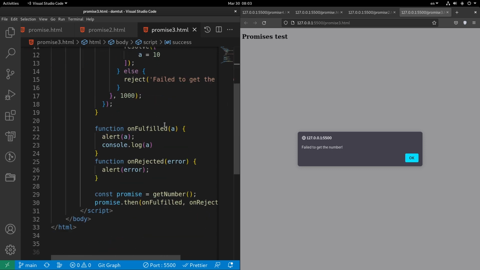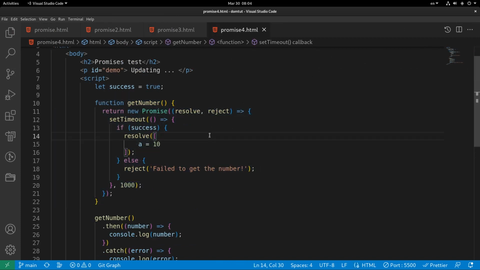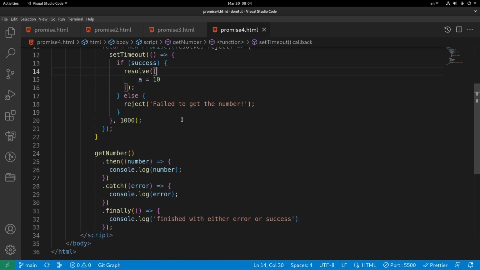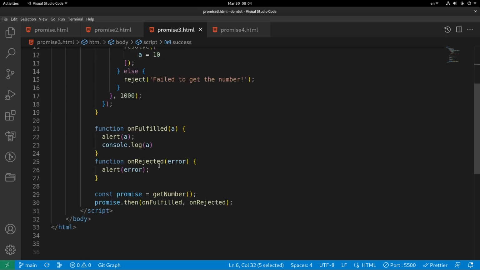So that's it for promise3, and now let's get to promise4.html, which is the same code, but here we've got a different kind of handling the errors of the promise. Here, as you can see, instead of promise3, where we had onRejected and onFulfilled functions in order to handle the two kinds of situation that we face,